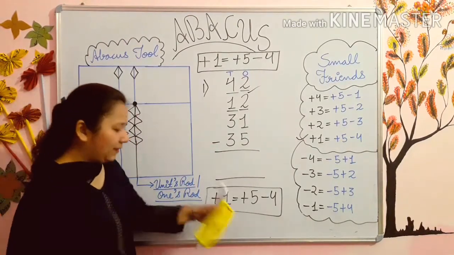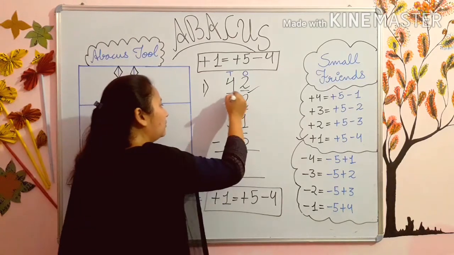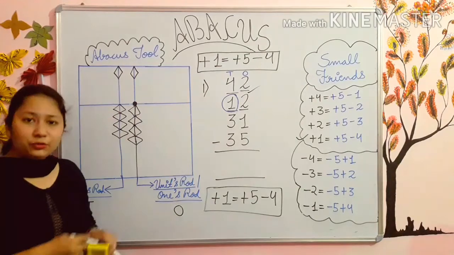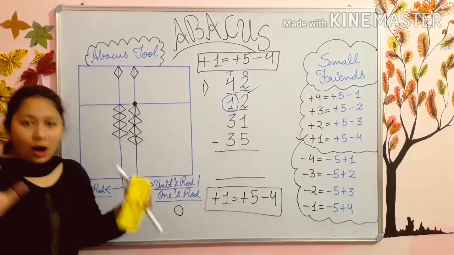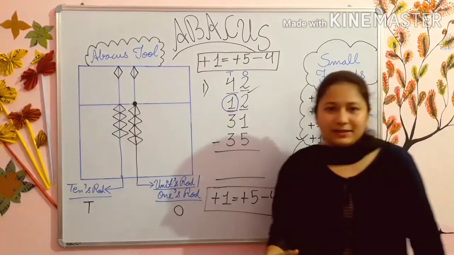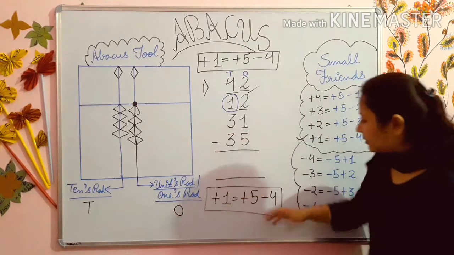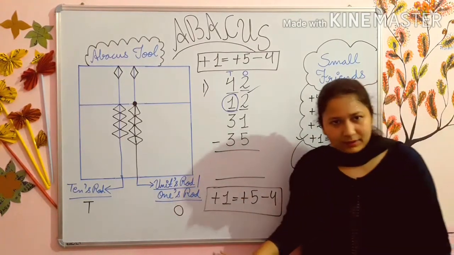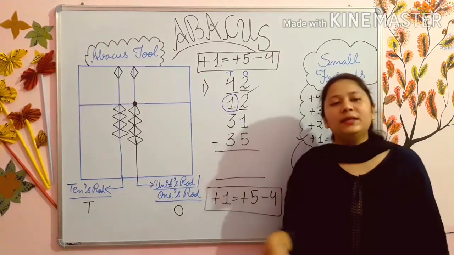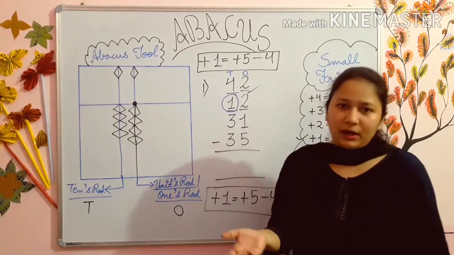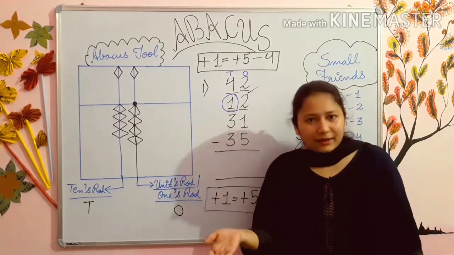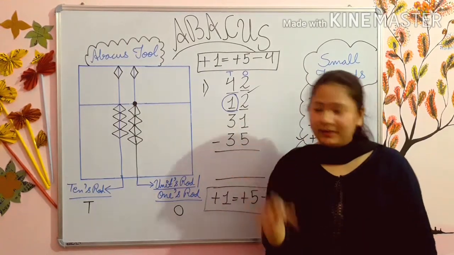Now you have to add 1. See, for this one, you have to use the formula. Now how will you use the formula? As I always told you, apply the formula and leave other things. It means if you apply the formula, the 1 will get added and you have to do nothing.